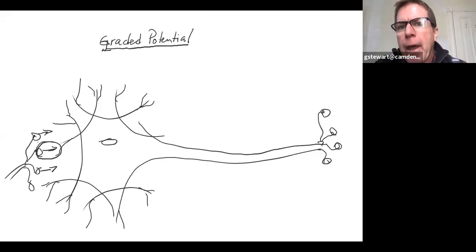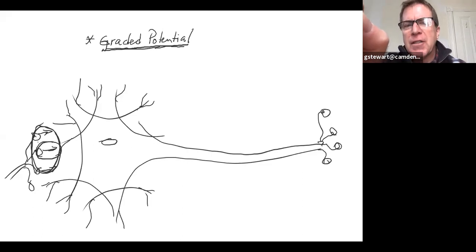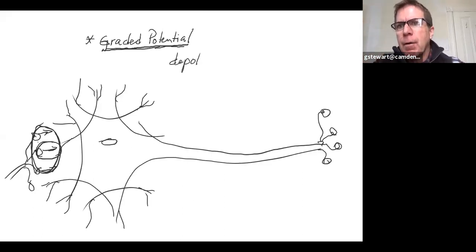So, graded potential: when I stimulate this resting cell, the resting cell or postsynaptic cell exhibits a graded potential. That's a short-lived, localized depolarization that is dependent on stimulus strength. So let's first define depolarization. Whenever you see this word,